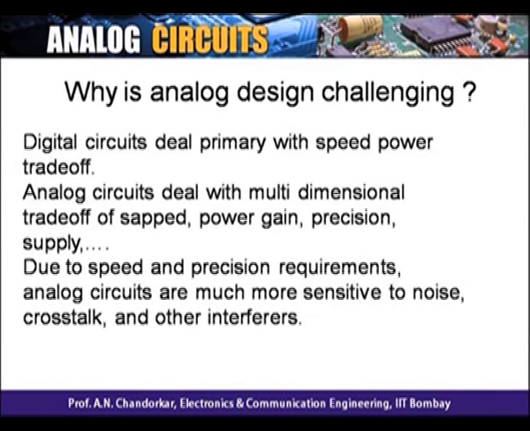Why do I say so? Because there is a noise margin. 1 can be recognized anywhere from VDD by 2 to VDD, and 0 can be recognized anywhere from 0 to VDD by 2. Anywhere is fine. Here, anywhere means nowhere. And that is why analog needs extreme precision.